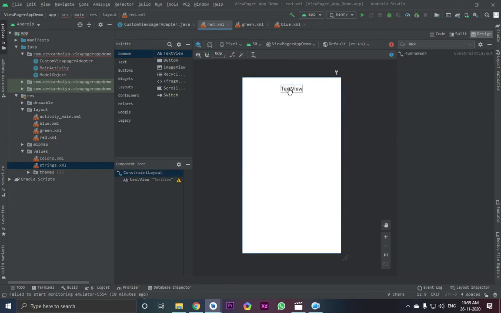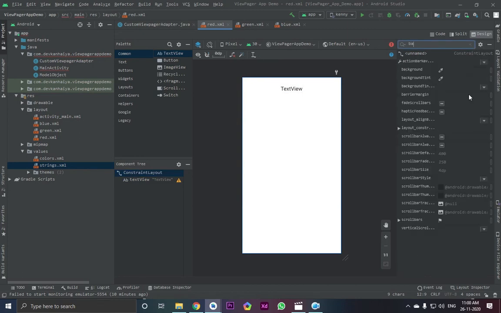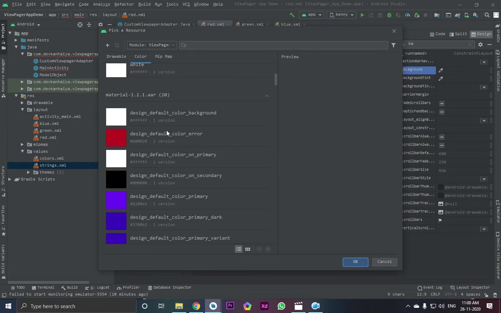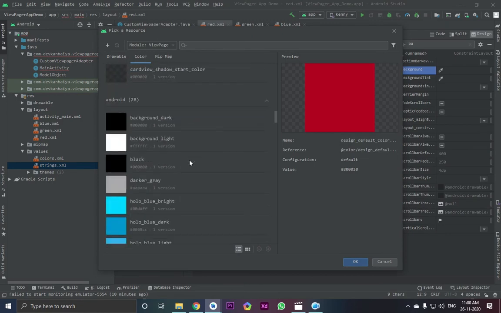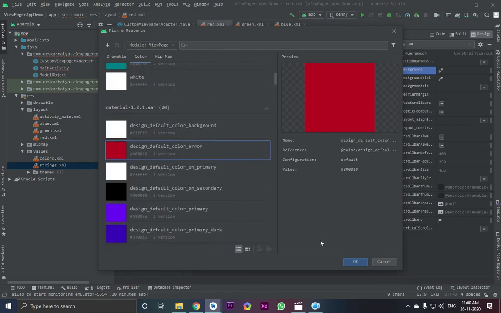It will give its own style for our title. And now we need the background. Constraint layout, click on it and then search here for background. You see background here, click on this background, it's our red. So go to color and search for red. You can see this is the red color, it will be fine. If you want to specify another red color, you can specify it in color resources and get it here.